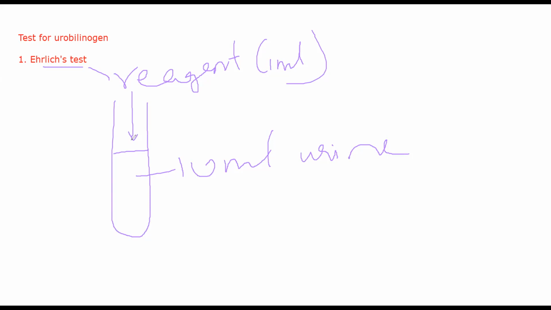Now, an increase in urobilinogen of more than 4 mg in one day will occur if the patient is having hemolytic jaundice. If RBCs are being broken down, if that is the cause of jaundice, that is when the patient will have increased hemoglobin breakdown. Even if the patient is suffering from hemolytic anemia, anything dealing with hemolysis will generally tend to increase urobilinogen in the patient. If there is no urobilinogen altogether, it indicates that the patient is suffering from obstructive jaundice. There should be some urobilinogen, it should not be completely absent.